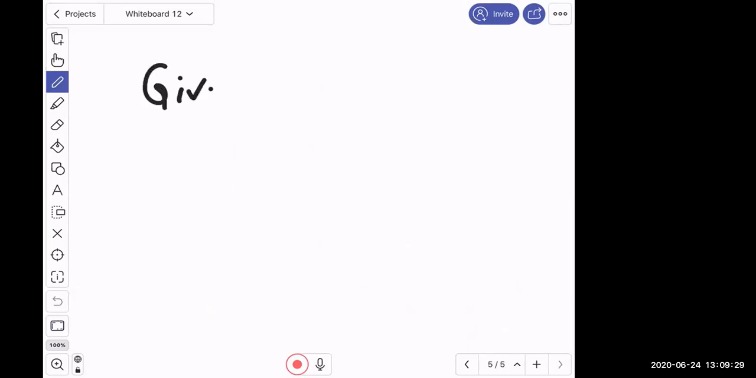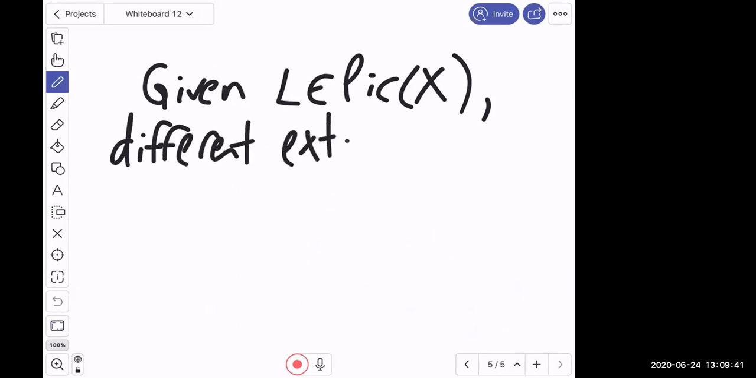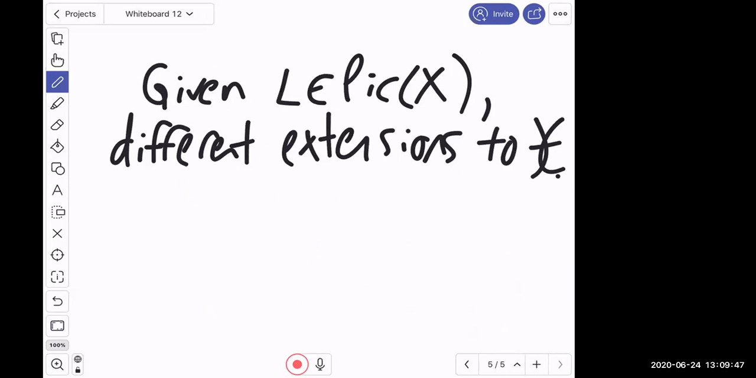Given a line bundle L in the Picard group of my curve, it might have different extensions to the model. And how do they differ? Well, because I'm assuming that the model is regular and also, secretly, other things like proper and flat, the situation is nice. And what we know is that